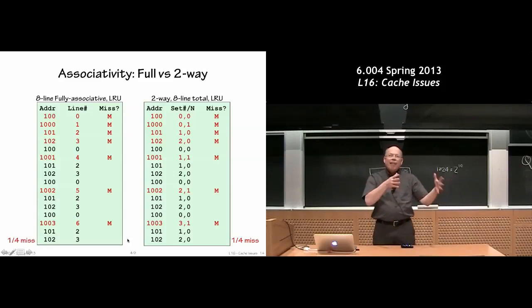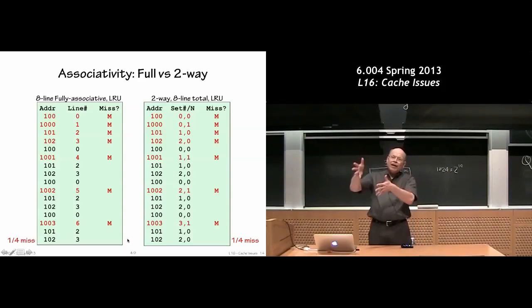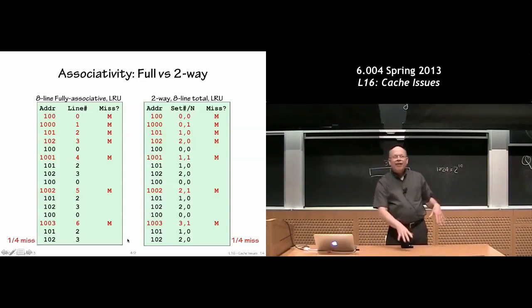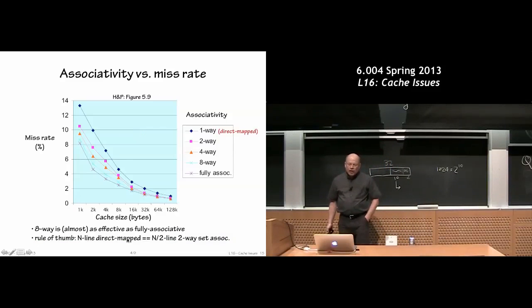Am I copying from one array to another? So I'm thinking about the instruction, this loop that's doing the copying, array 1 and array 2. And if they can all live in the cache together, then I'm going to have a pretty good hit rate. Okay. So if we talk about the associativity and the hit rate, this is a chart that's worth looking at